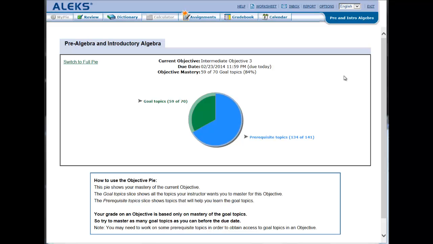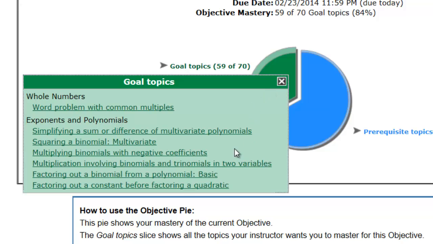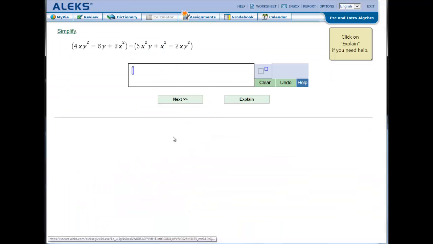We are going to show you one more thing here. Let's click on simplifying a sum or difference of multivariate polynomials. Remember, write this name of the topic, go find it in the intermediate objective page and label the page number. You will write down all the directions, write down a detailed solution in your notes, and then enter your answer here. I'm going to enter an answer here